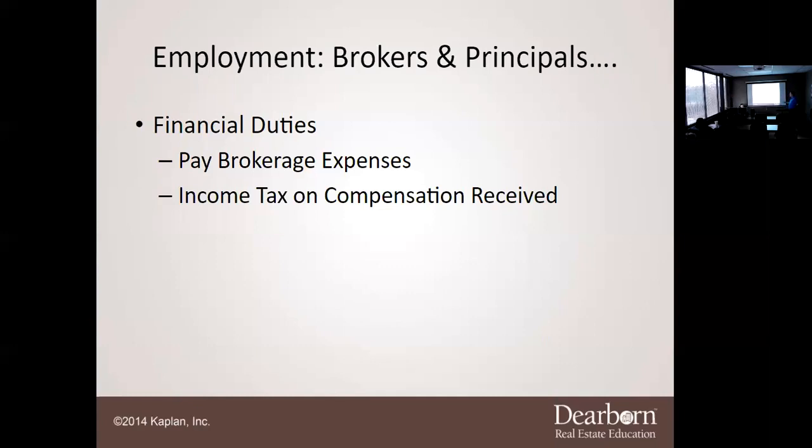There also is income tax, okay? Any income tax from compensation received. If there's anything to that nature, both parties have duties, okay? You have to, and a lot of people don't think of this, you have to pay tax on your commission, okay? Under the new rules, your broker, starting this year, I used the disbursement forms.